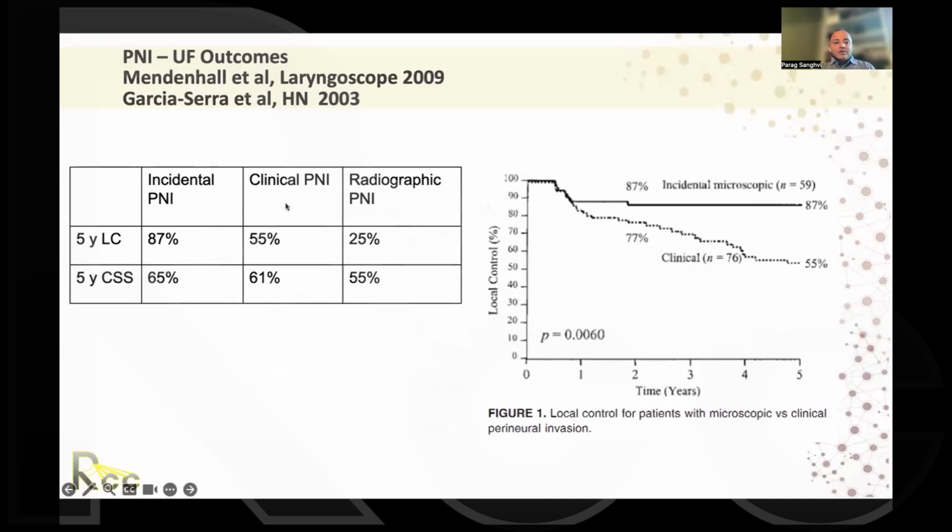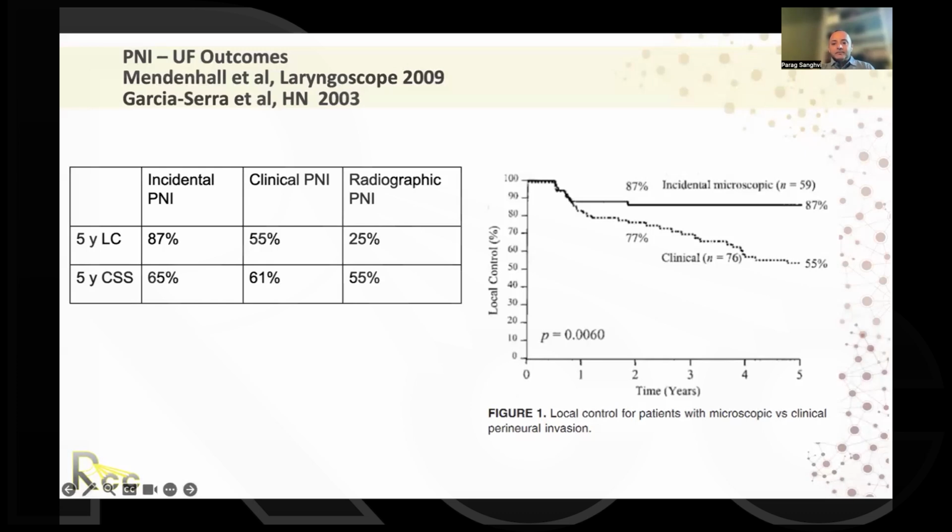When somebody comes in with clinical PNI, now you can see that local control drops significantly because now you have to make sure that you're appropriately treating nerve paths. And then finally, radiographic PNI, you can see that this is where, once somebody has findings on imaging, I always tell these patients, your disease is treatable, but generally not curable unless it's confined to limited area of involvement